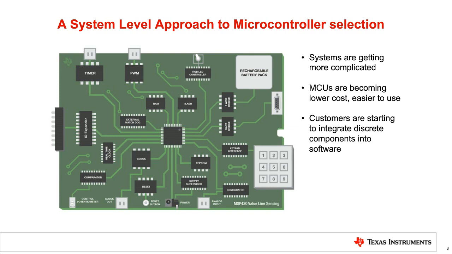system at that point. At the same time, microcontrollers are becoming a lot lower cost than they were in the past and a lot easier to use. So in some cases, MCUs today are very simple. There's just some memory, pins, and some basic peripherals. And so it is becoming a lot easier to just plop a secondary MCU onto your board and start integrating some of this functionality onto it. So this is exactly what we're starting to see a lot of customers doing.